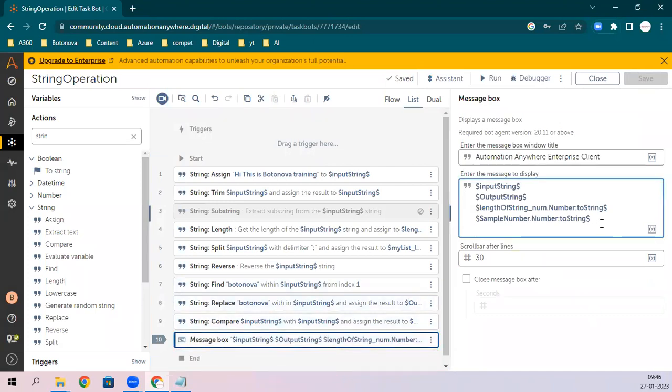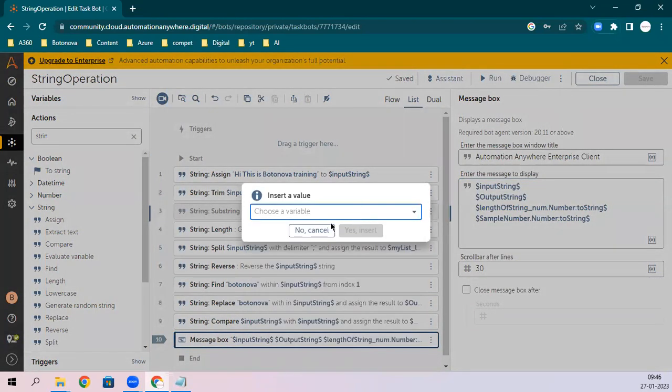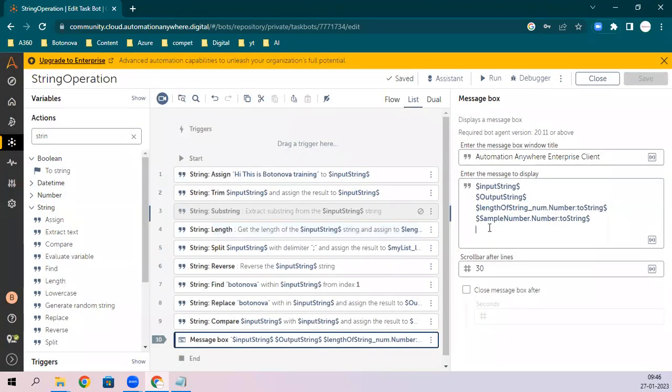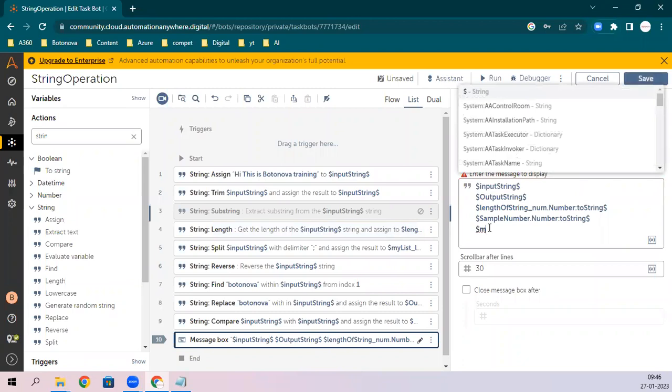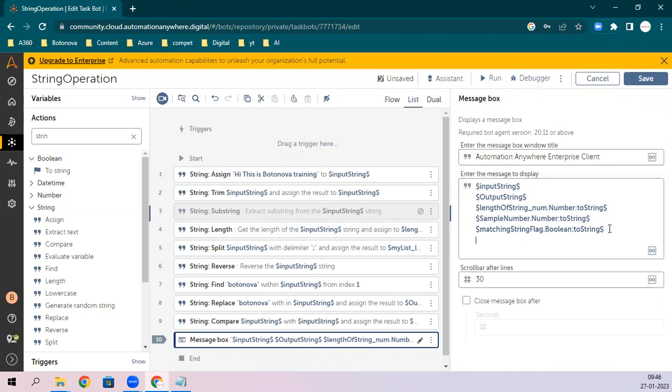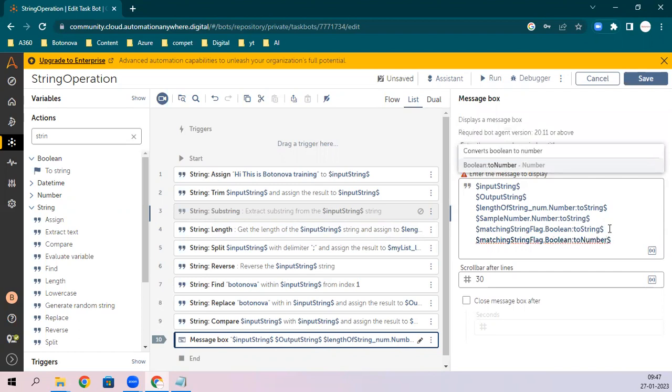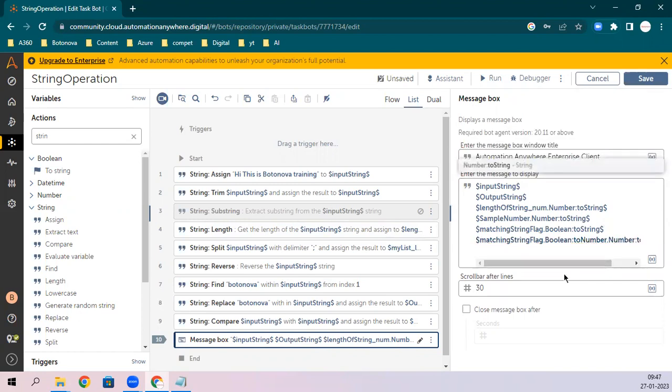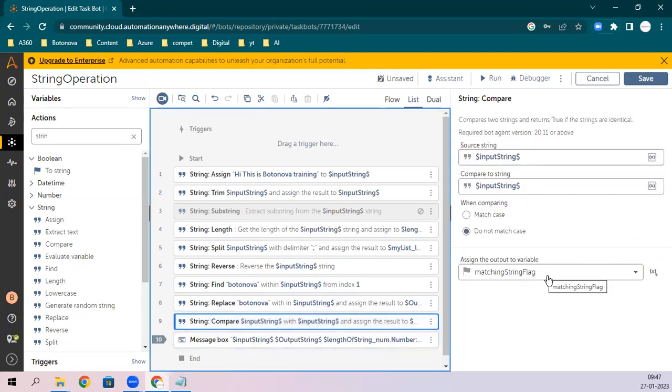Here also you cannot show the boolean variables. ठीक है, तो what you will do, this matching flag dot to number भी है, to string भी है. ठीक है, तो you can convert it. तो अगर you convert it with match flag dot to number, तो ये number you cannot show, then you have to convert that number dot to string. ठीक है, तो ये मैंने कन्वर्ट कर दिया, पहले नंबर में कन्वर्ट किया, देन नंबर टू स्ट्रिंग कर दिया टू शो इट. तो यस, सो the output is a boolean, so it will be true and false.